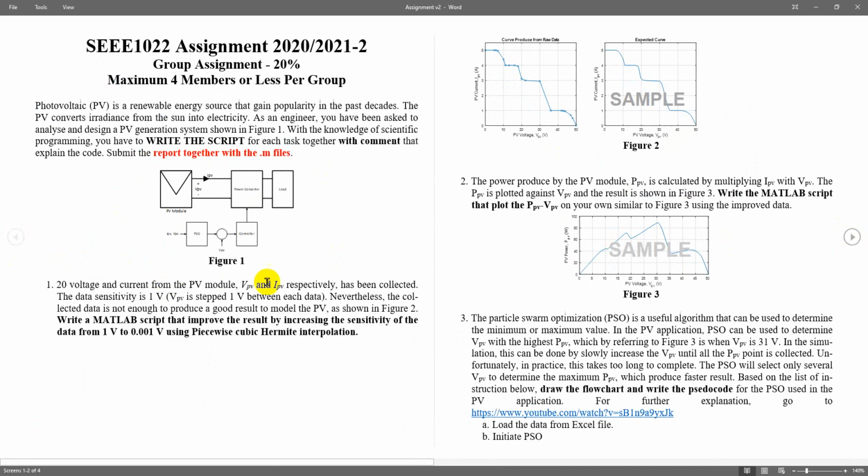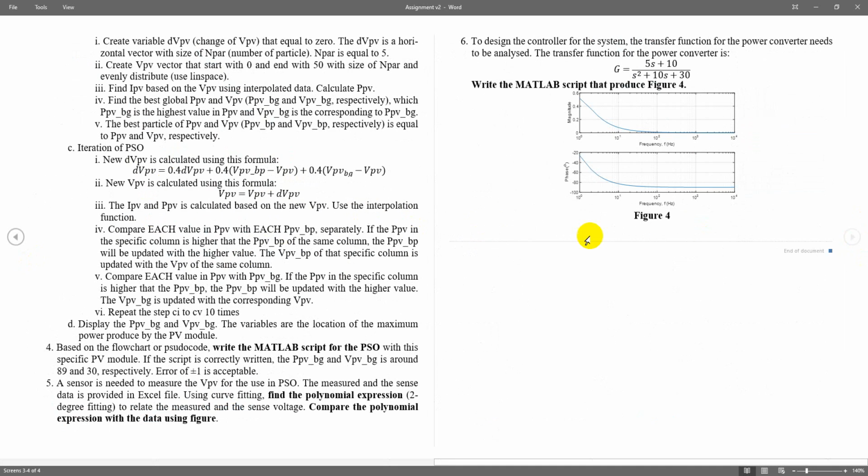The objective is to help you use MATLAB programming to complete multiple tasks in one project. So try your best and make sure you do this.